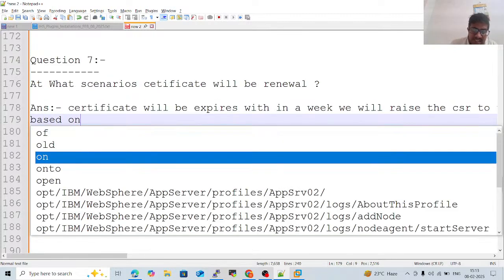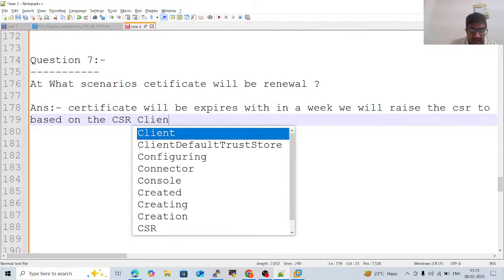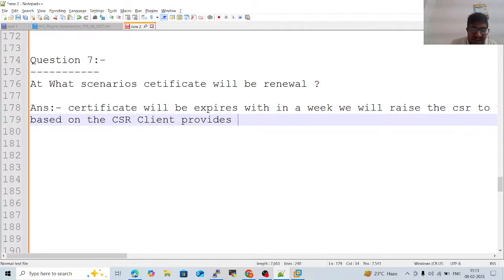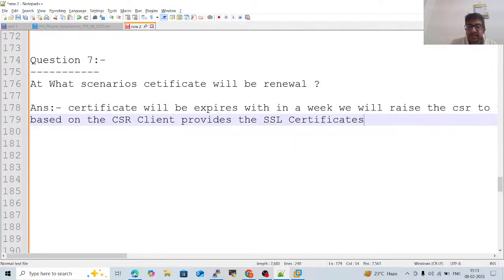Based on the CSR, client provides the SSL certificates with